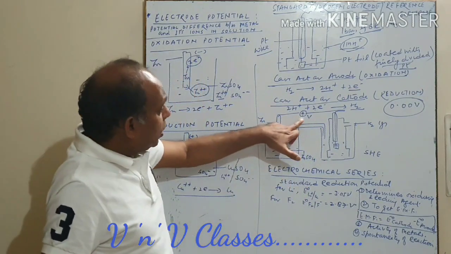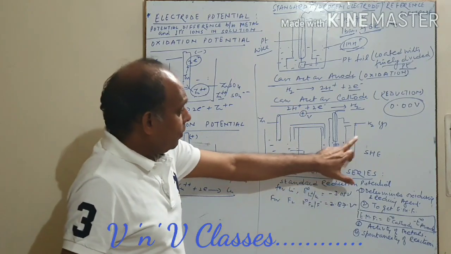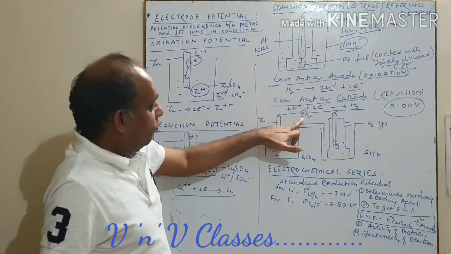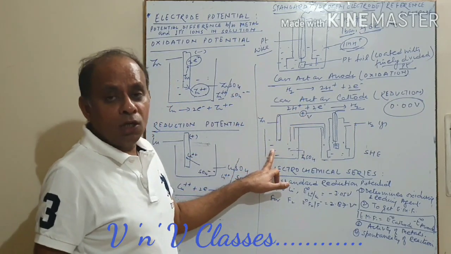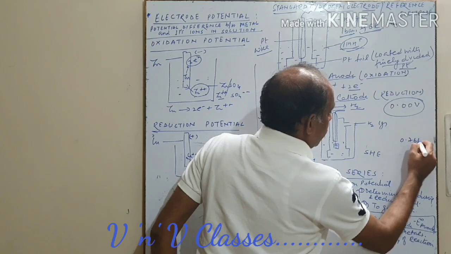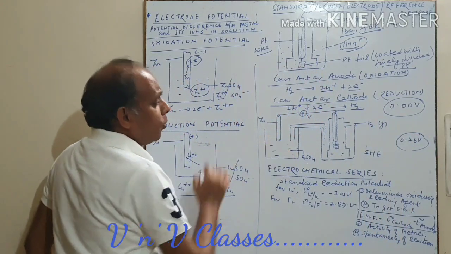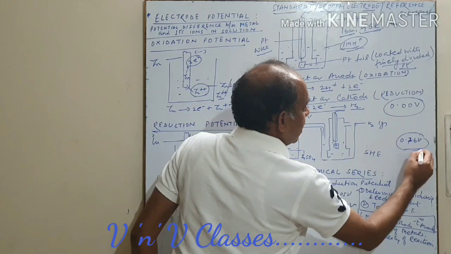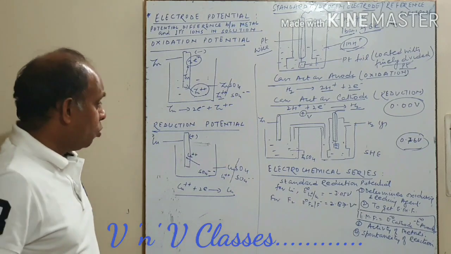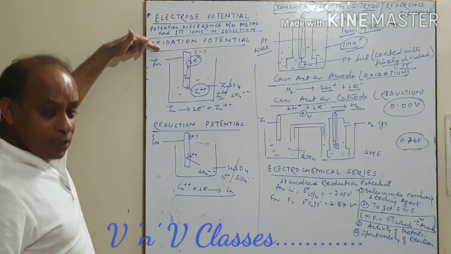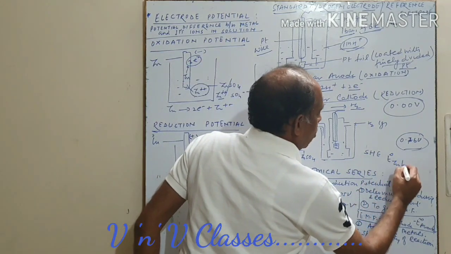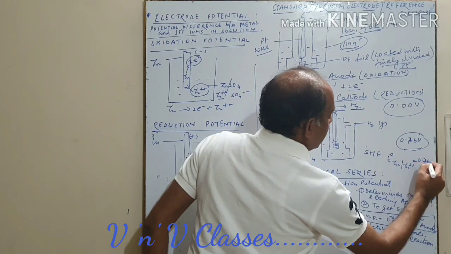Remember, this voltmeter will give a reading. Now the potential value of this hydrogen electrode is 0. So whatever potential you get from the voltmeter gives the potential value of zinc only. Like here we get a voltmeter reading of 0.76 volt. So what we have to say? The electrode potential of zinc comes to be 0.76 volt. And when we say this is 0.76 volt, now tell me, it is the oxidation potential, I just told you. So you have to say this is the oxidation potential value of zinc, which comes to be 0.76 volt.